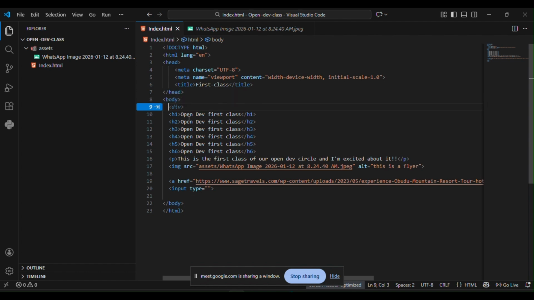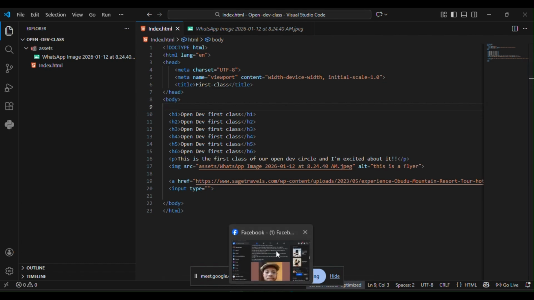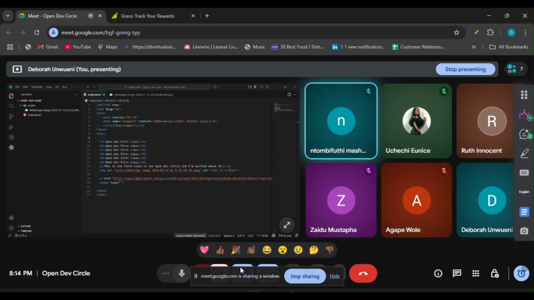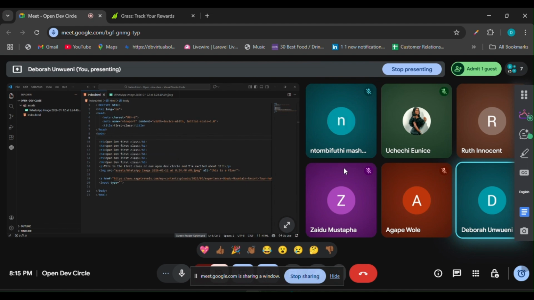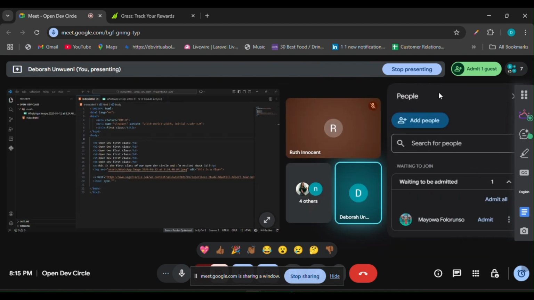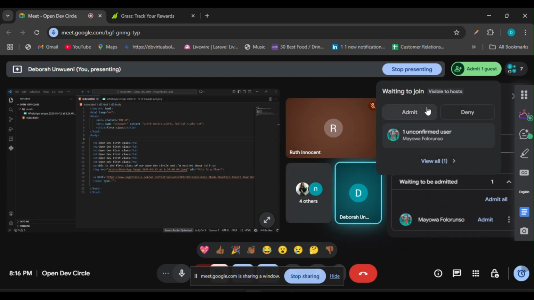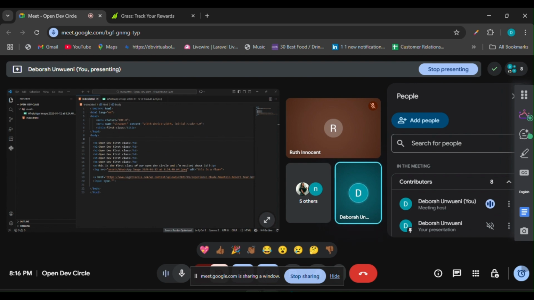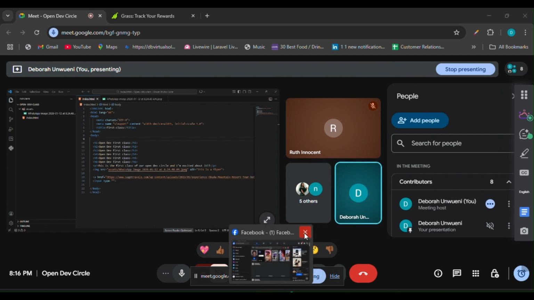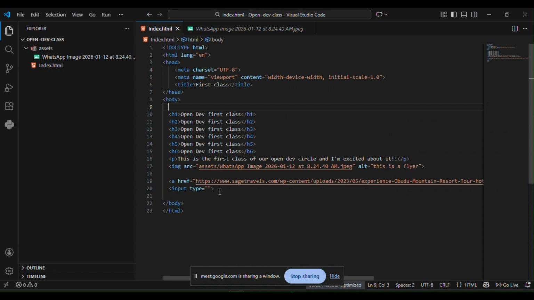Let's just say we want to group everything in a section, whereby h1, oh sorry. Okay, we want to group everything in a section. In a section means, let's just say we want to have the about section. Let's say on a web page, you're writing